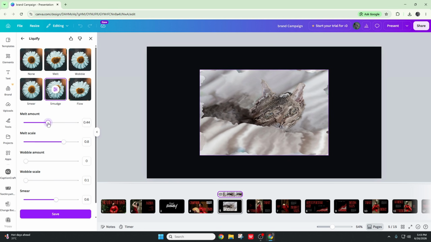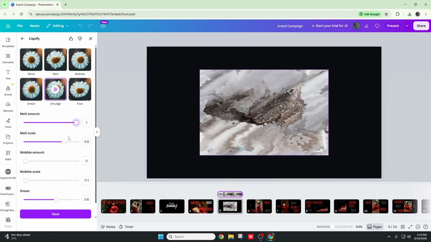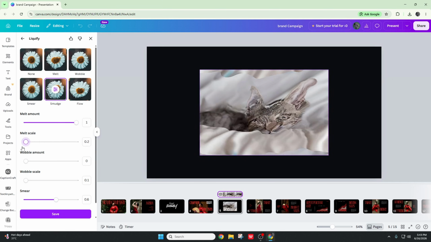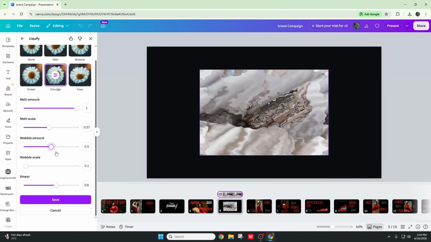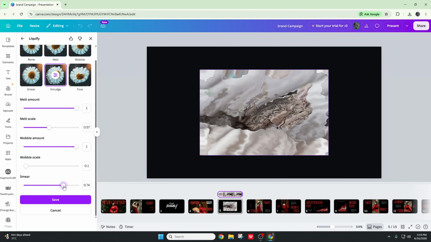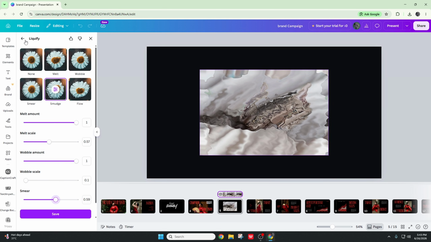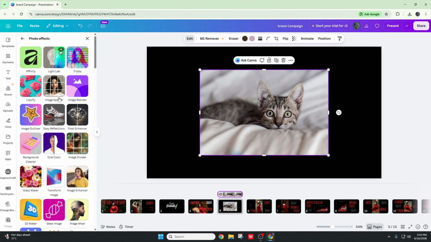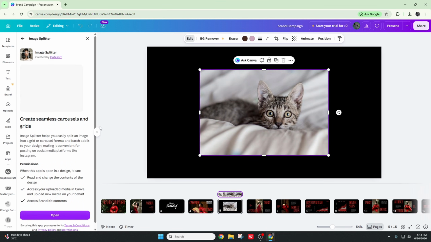You can liquify, you can decide the melt amount, you can decide the melt scale from here, you can decide the wobble amount, you can decide the wobble scale. So you can decide everything from here. This is a really useful app. And then we have